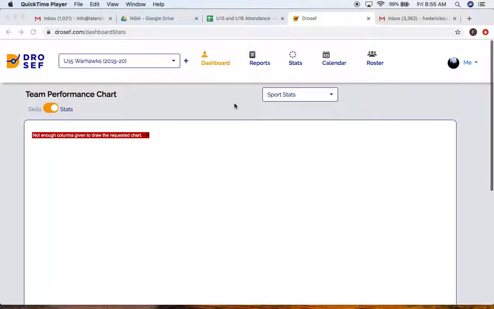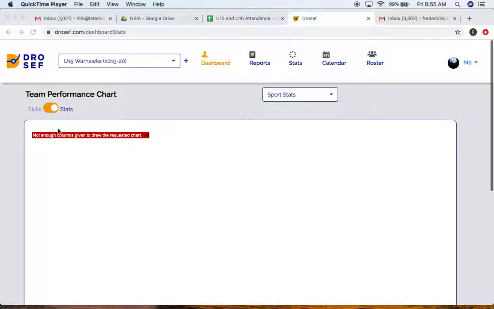Right, Mike, so this is kind of your dashboard here. I'm just going to go through it quickly. I was going to send you a link to another YouTube video, but I just thought I'd do it through this. So when you get into the system, you're going to go into your dashboard and you're going to see a bell up here with an alert that you'll press and it'll say, hey, you've been invited to the U15 Warhawks. And then you'll click accept, and then it'll dump you into your dashboard here,